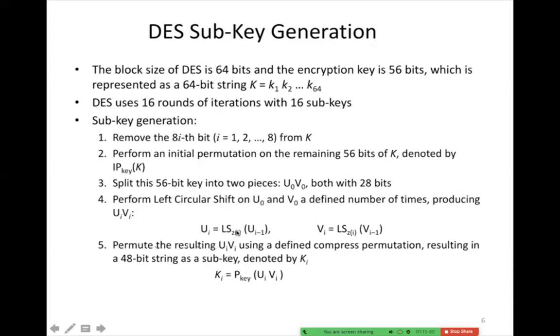Z sub I means the number of times for a particular input I. You can check the value of this Z of I from a table in your textbook. Now let me tell you where it is. This is on page